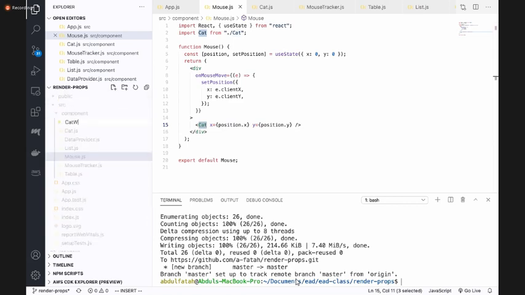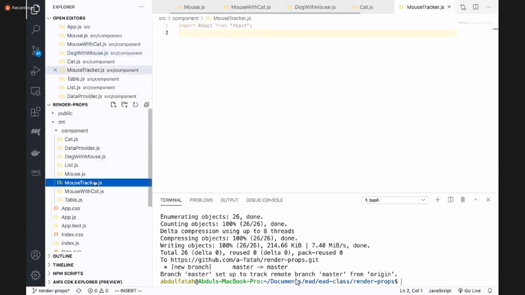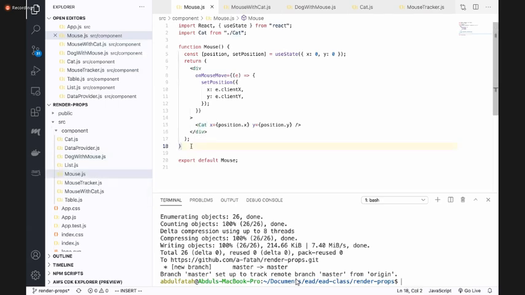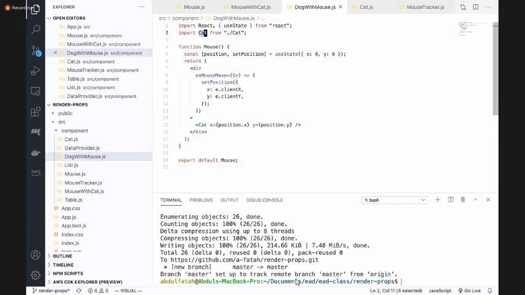इसका नाम हम रखेंगे कैट विद माउस डॉट जेएस, और डॉग विद माउस डॉट जेएस, इस तरह। अब इसके अंदर दोबारा हमें वो सारा कोड चाहिए, जिसके अंदर लॉजिक है कि माउस को ट्रैक किस तरह करना है और माउस की जगह पे क्या दिखाना है, एक्स और वाई को यूज किस तरह करना है, वो दोनों लॉजिक्स साथ ही रखी होंगी। इसको हम सारा कॉपी करेंगे, डॉग विद माउस में, इसको हम डॉग के साथ रिप्लेस करेंगे।